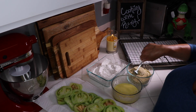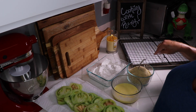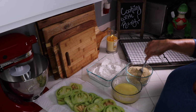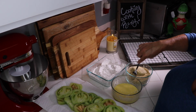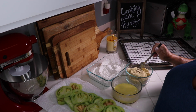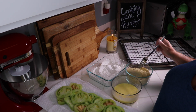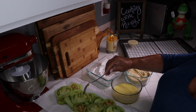Now what we're going to do is let these sit on the pan, on the rack, for about 15 minutes so they have time to dry. The egg has time to dry and adhere to the tomato, because you don't want to drop it in the hot oil fresh from breading it. The breading will just fall off, okay? So once it's nice and breaded, put it on your rack. And then the next one,